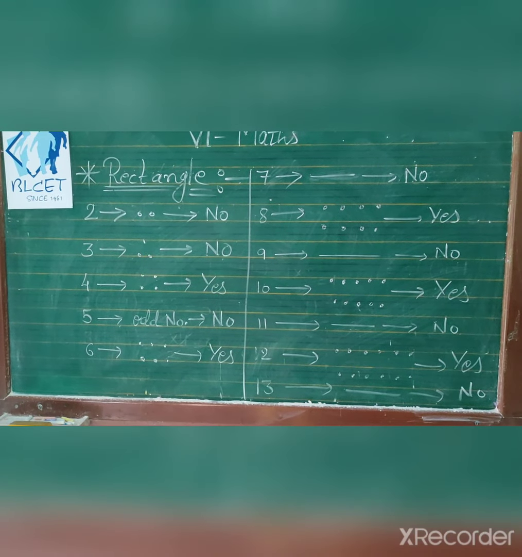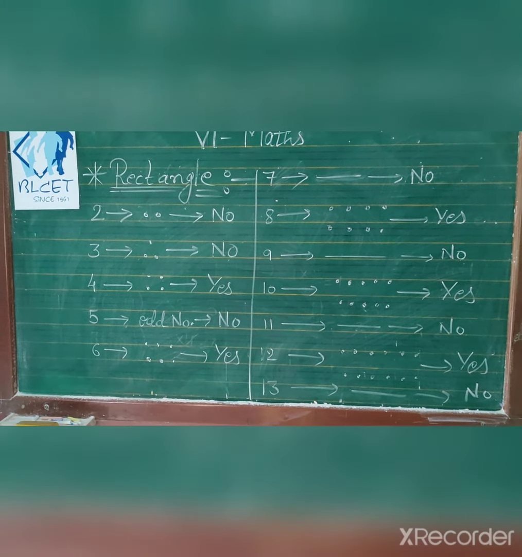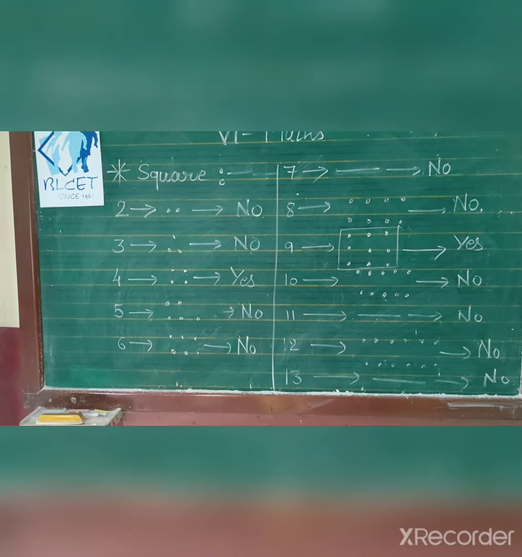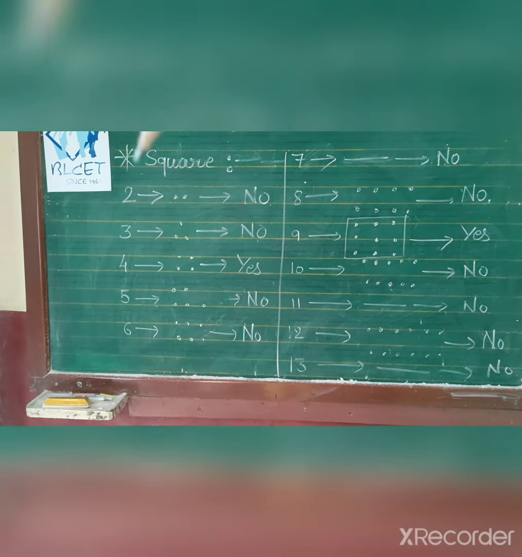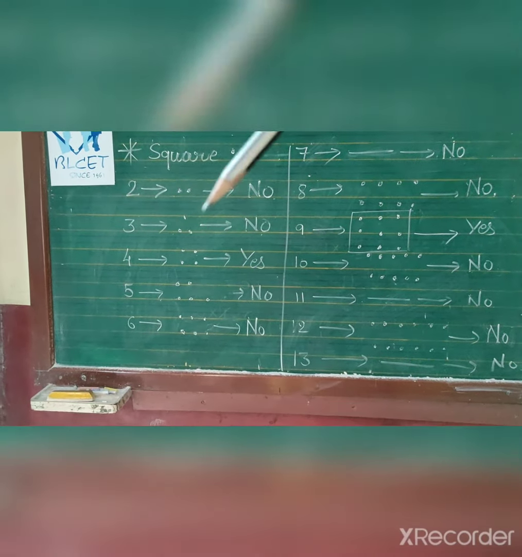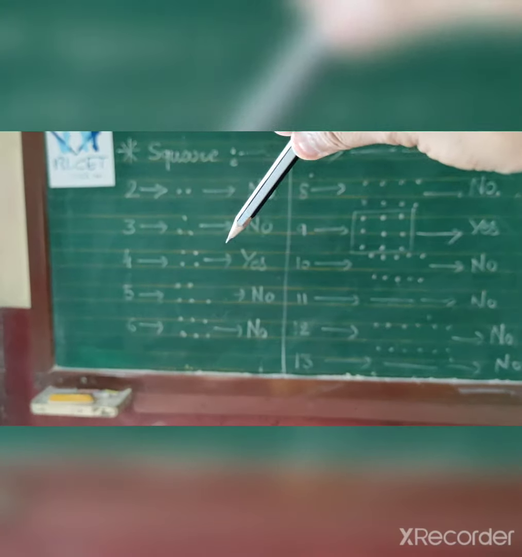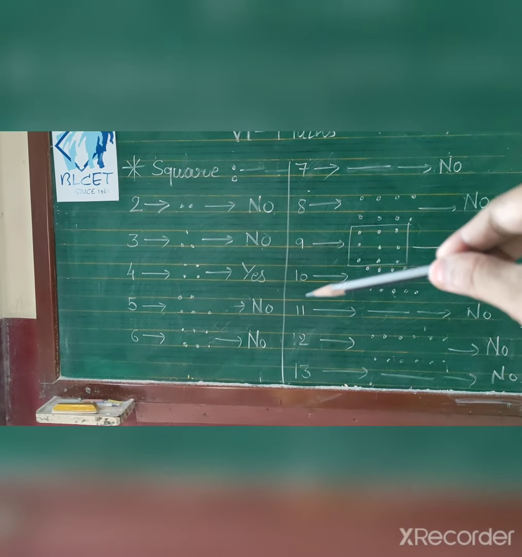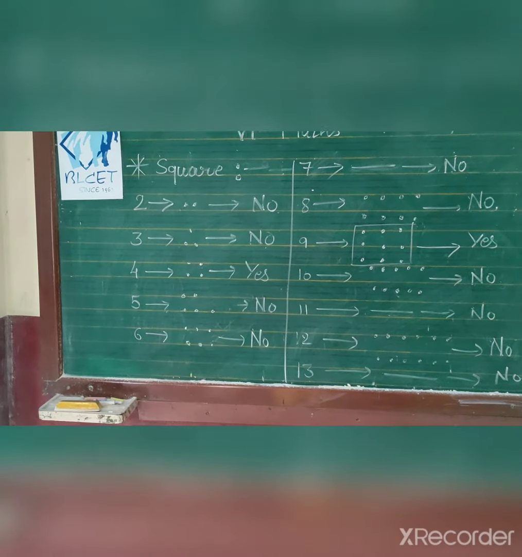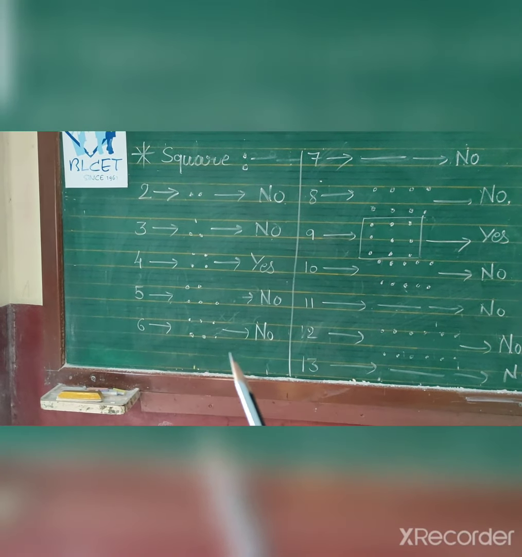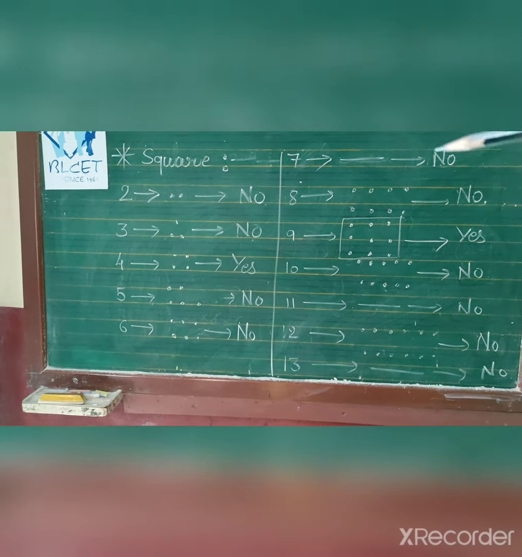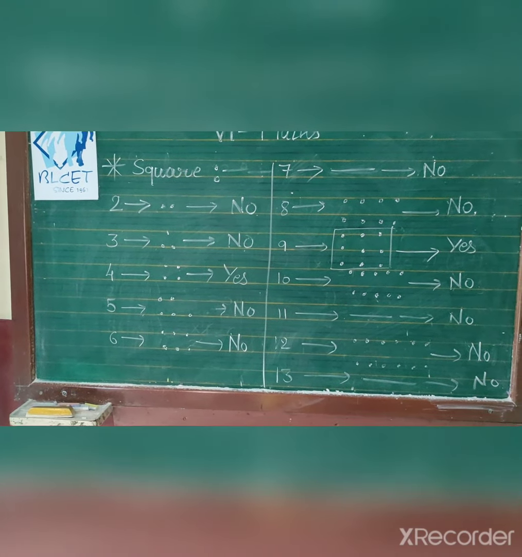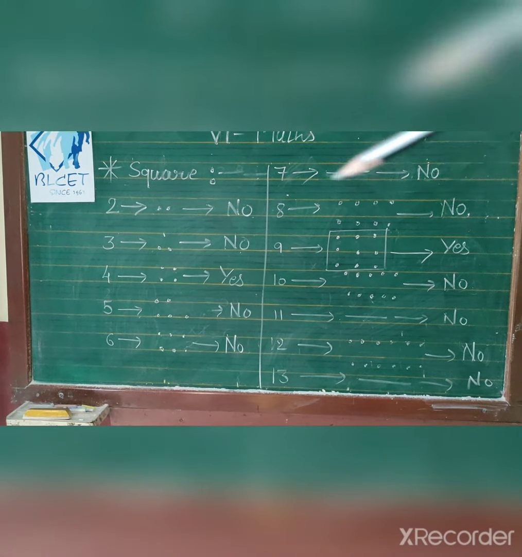Now we will check for the next shape. Now we will check for the square shape. So 2 dots are there, a line is forming, and a triangle is forming. For 4, a square, 2 by 2, when you join all these dots, we get a square shape. So yes. For 5, you can see we will not get a rectangle here, so no. And here, if you form it, you will definitely not get a square. For 8, we are not getting one.